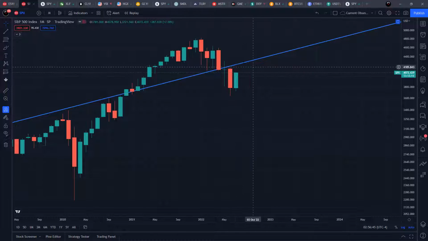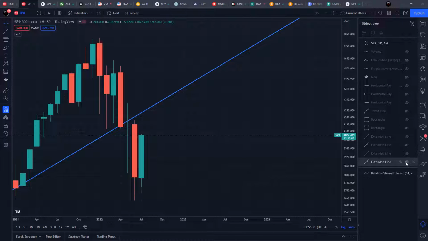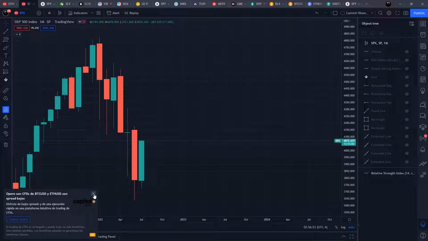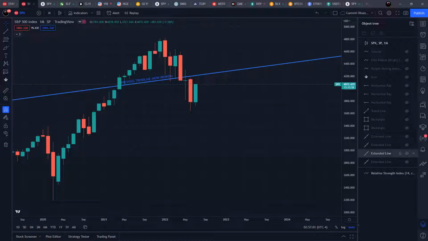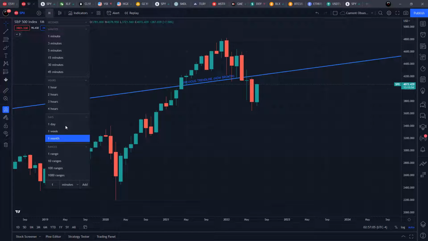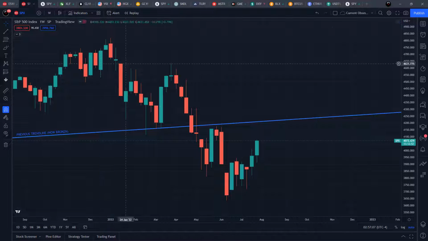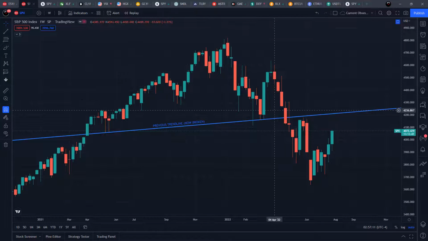So right now I'm looking at this as a possible resistance, possibly, right? I'm going to go ahead and remove that one because the rest of them I have on the regular setup. So looking over here, I want to make out a couple things. So this to me was, and I'm going to change it from monthly to weekly, it's still an SPX. This to me was a line that I had, that was my previous trend line, which